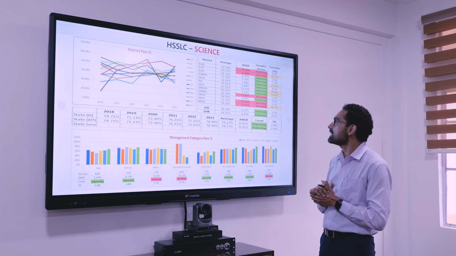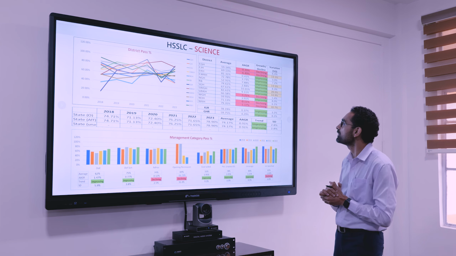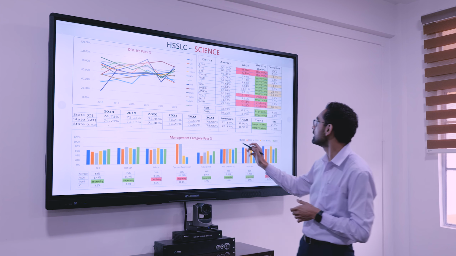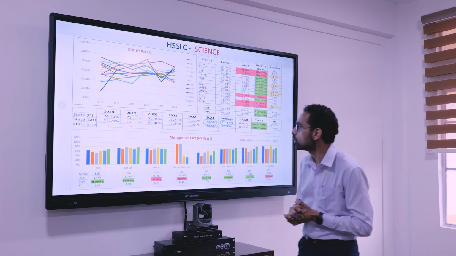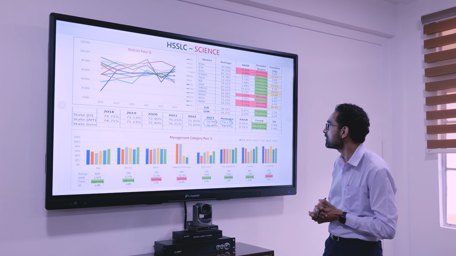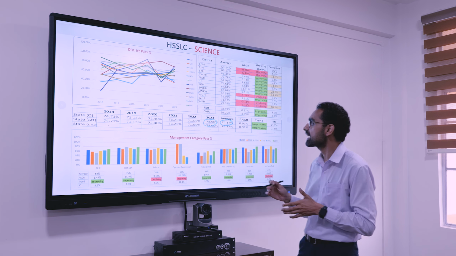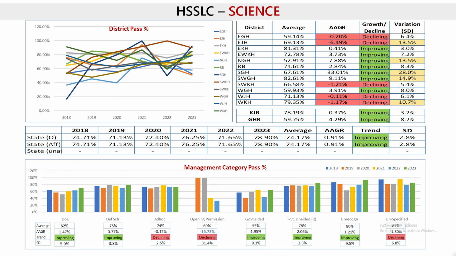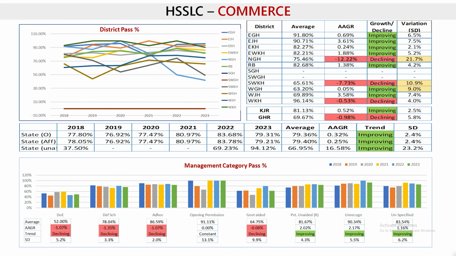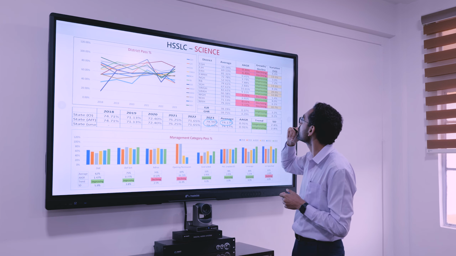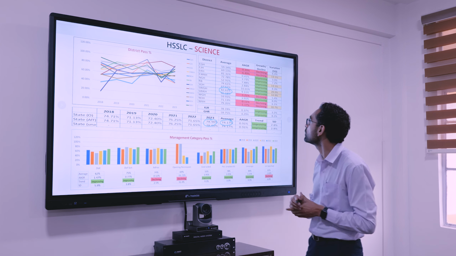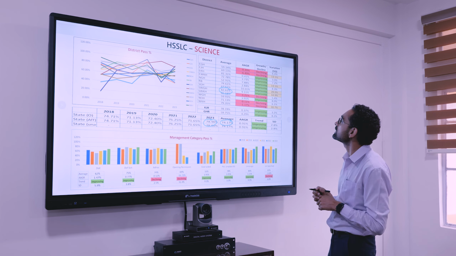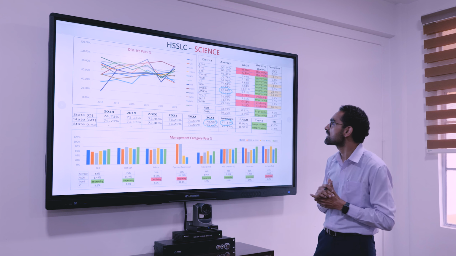Now coming to the science stream, here we see that the overall figure for our whole state for the year is 78.9%, which is again not bad, but we need to improve. And when it comes to the districts, we see that there is again a lot of variation. And I think Southwest Garo Hills has performed better and has the highest average pass percentage when it comes